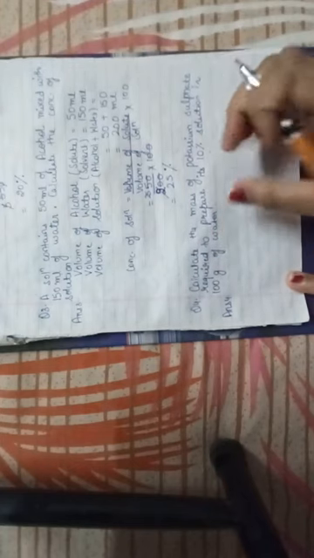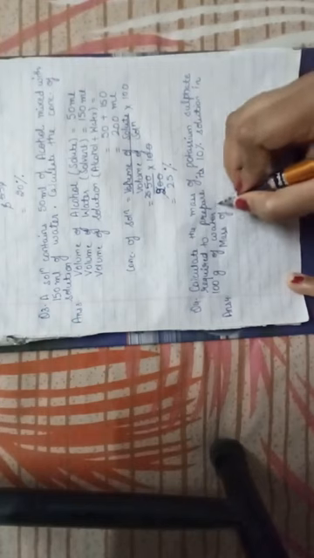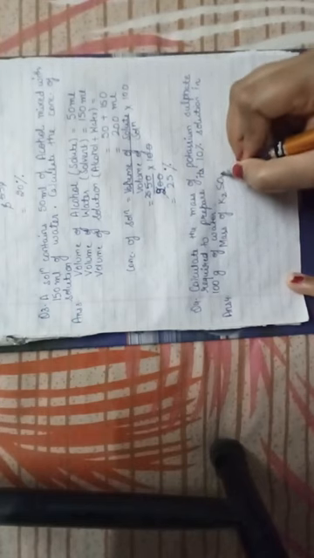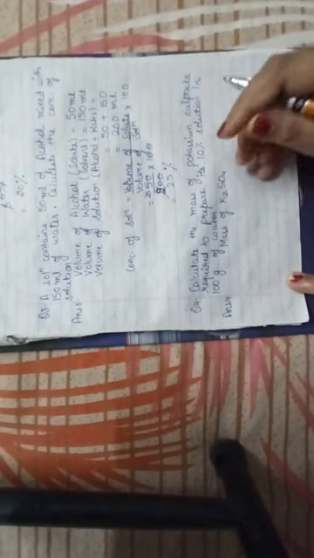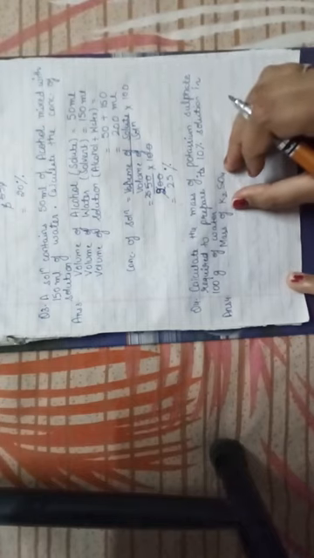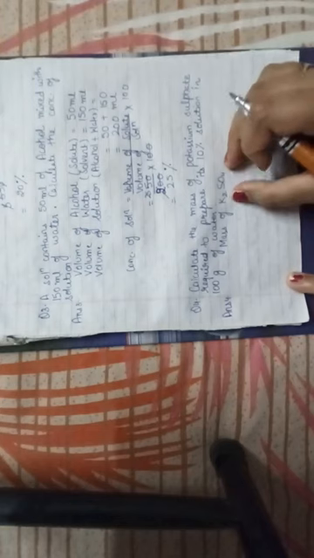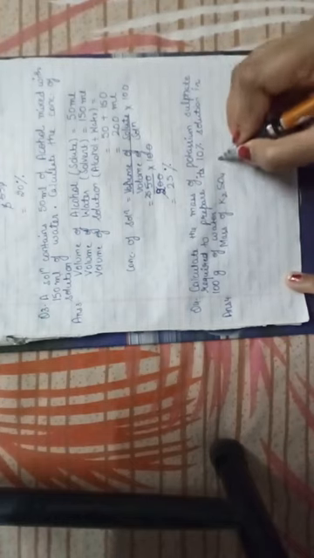First write down the given and whatever you have to find out. Calculate the mass of potassium sulfate. Now we have to find mass of potassium sulfate. Its chemical formula is K2SO4. If you want to write potassium sulfate, you can write the spelling as well, but you should know that potassium sulfate is written as K2SO4 and its formula we will learn in chapter number 3, how to write the formula of such kind of salts. So mass of potassium sulfate we have to calculate, let it be X grams, to prepare its 10% solution.